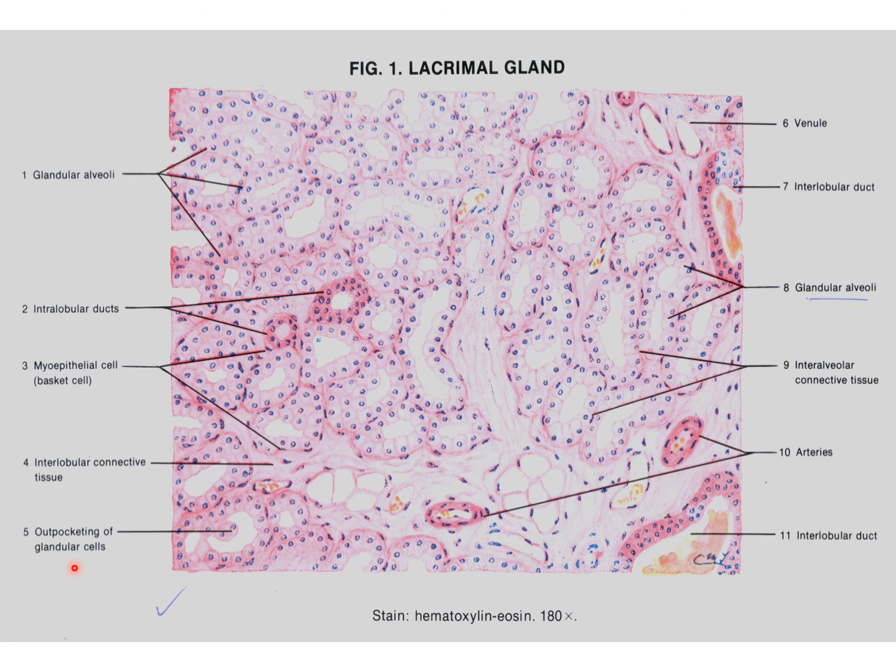So the section of this lacrimal gland you can easily identify and then compare with the parotid gland. Here there are different cells, and outpocketing cells are present within these glandular cells. The lumen is larger and the acini are larger and wider. Cells appear to be of the same type and look columnar in shape and stain pink with H&E stain. These are the glandular alveoli. These are the interlobar connective tissue and blood vessels, and the interlobar connecting ducts. So these are the sections of the lacrimal gland. So here is the complete class on the histology of the eye.